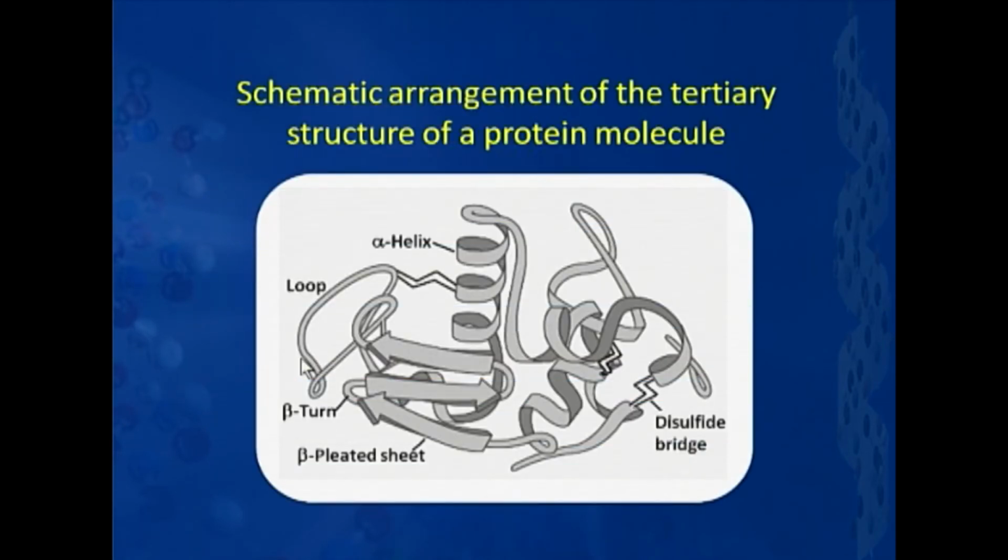Now, how do we schematically represent it? This is one picture which I could just lay my hands on. This just gives you an indication of how we refer to a tertiary structure. This is one large protein molecule, and I start from here. There is no structure in this part, just some kind of a random structure, or random coil as it is called typically. Then this component happens to be a beta sheet, because there is a flat arrow. Then another beta sheet, and we keep moving along the backbone, another loop, and then we find an alpha helix. Then another random kind of structure, and we can have another alpha helix.